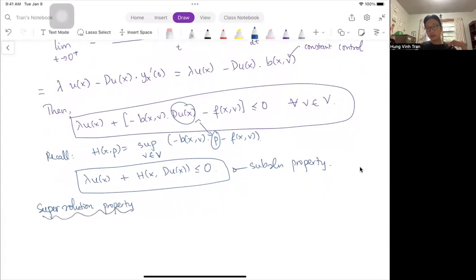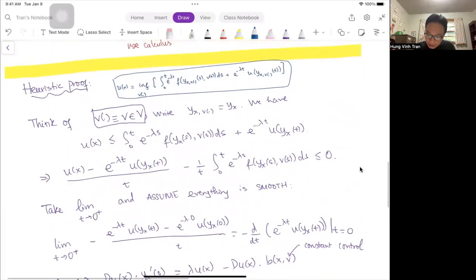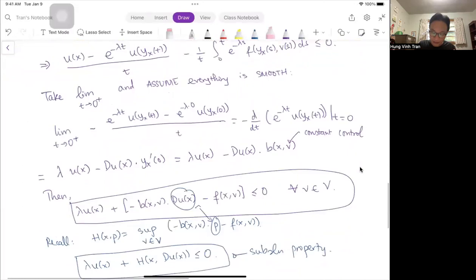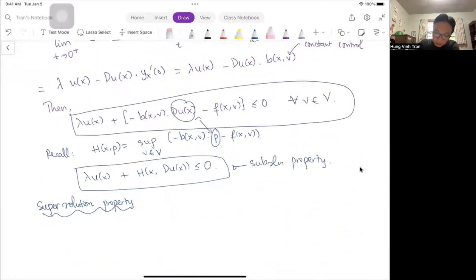For the supersolution property, again, this is a heuristic proof. I recall to you here, let me highlight it, that we have the dynamic programming principle. It's not clear, but supposedly from this dynamic programming principle, or from the optimal control, the value function, let's assume, again heuristically, that I know that there is an optimal control. What do I mean by that? To prove the supersolution property, I do it differently, and in the rigorous proof I will also need to do it differently. There exists an optimal control